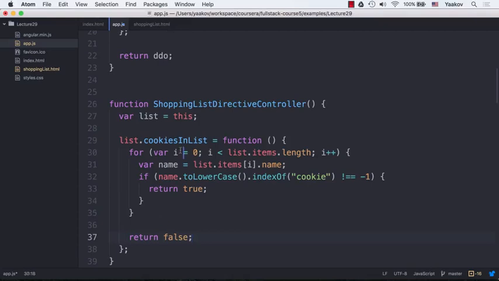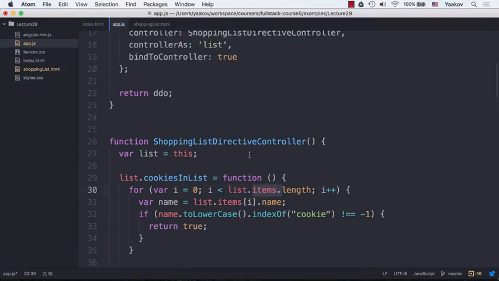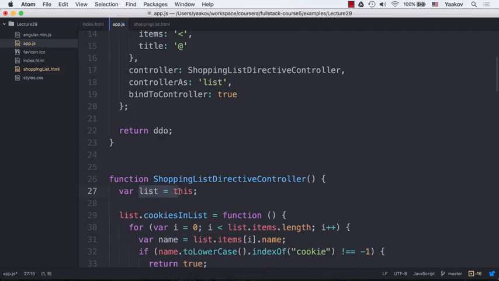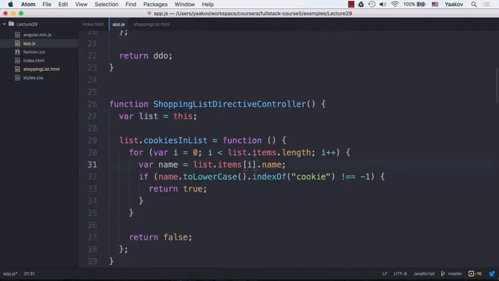All we're going to do is loop over our list items, the items that got bound to the scope right here, and we're referring to them by this keyword, which is now list. So with list.items.length, we're basically looping over all the items in the list, and all we're doing is just checking whether or not the cookie string is part of it. If it is, then we're going to return true, and if we go through the entire list and it's not there, we'll return false. Okay, so let's save that, and the last thing we need to do is actually use it in our template,